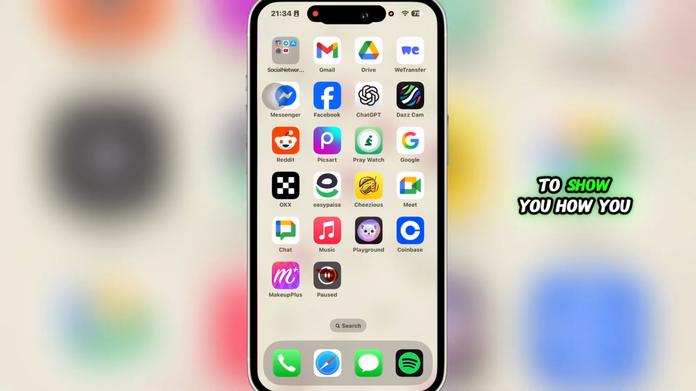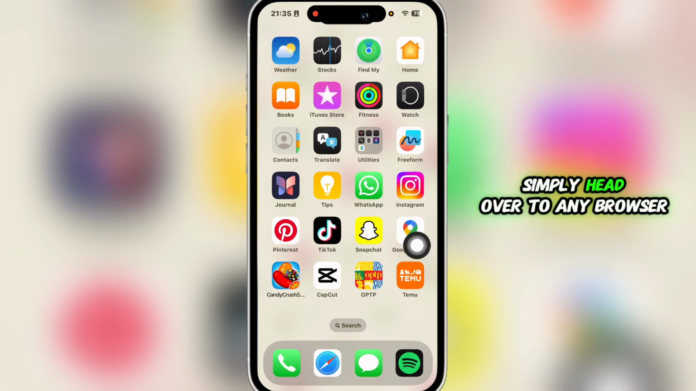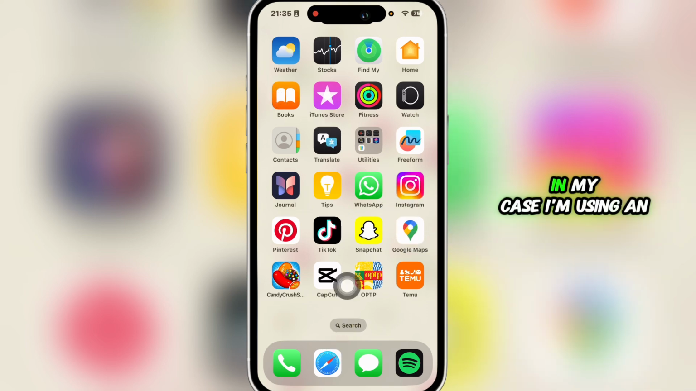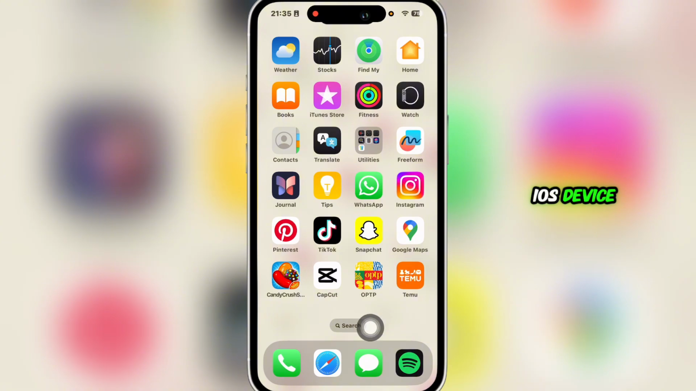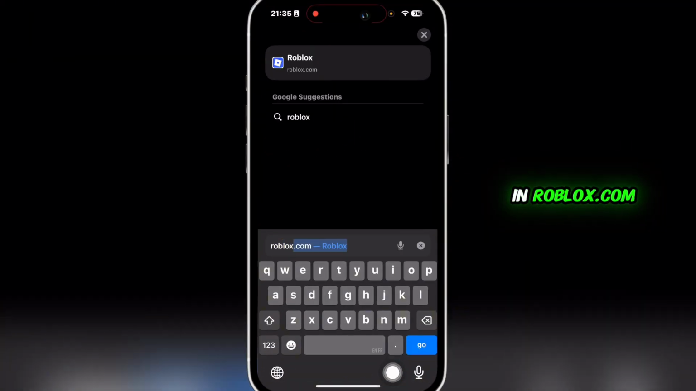In this video, I'm going to show you how you can redeem your Roblox gift card and use it. So let's get started. You can redeem it using your Roblox application. What you gotta do is simply head over to any browser. In my case, I'm using an iOS device, so I'm gonna head over to Safari. And then you gotta simply type in